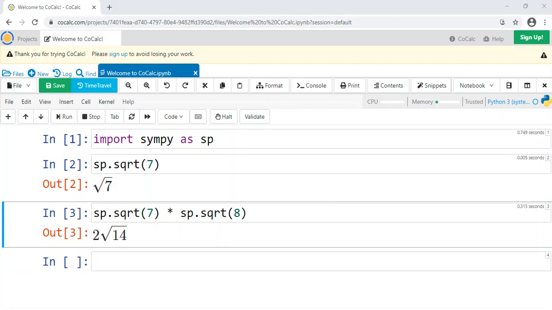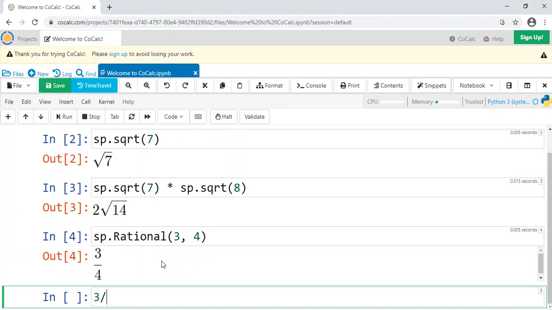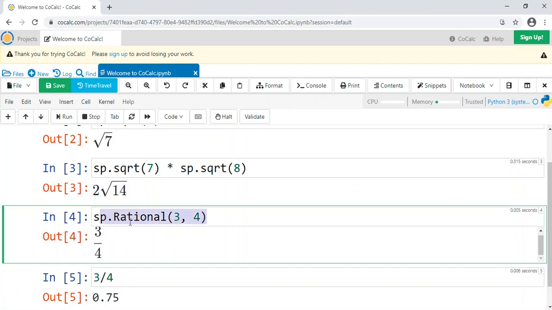Easy peasy. All right, and this symbolic form extends to things like fractions. For fractions, the function in SymPy is Rational, sp.Rational, like so. For example, 3 comma 4 would be 3 over 4, right? Versus if you were just to write it in normal Python and did 3/4, it would give you 0.75, but sp.Rational gives you 3 over 4 in this symbolic form.